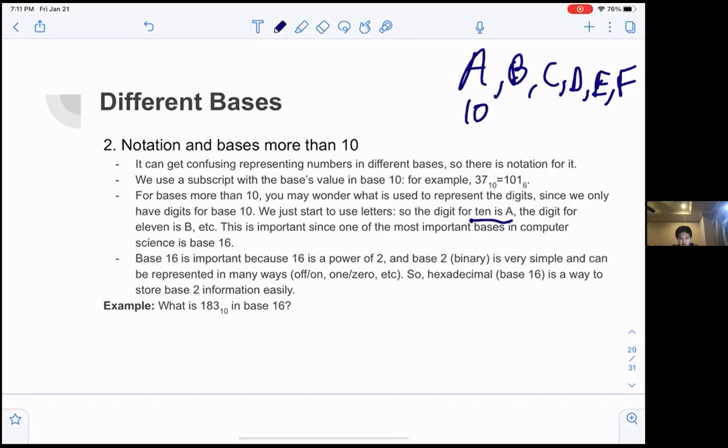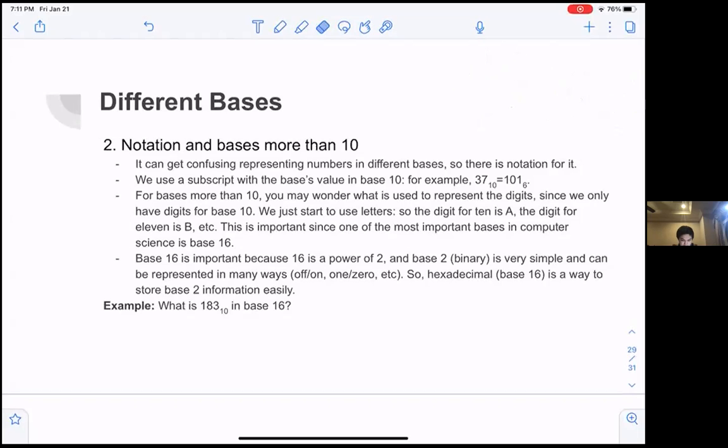Well, this represents 10, this 11, this 12, this 13, this 14, and this 15. And so I will give you some examples using this notation for digits. And hexadecimal is actually very easy to store base 2 numbers, since if you think about it, base